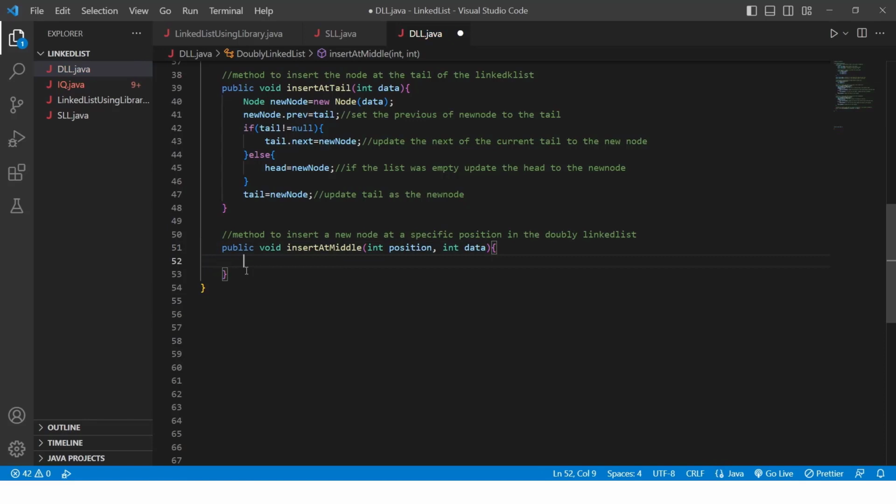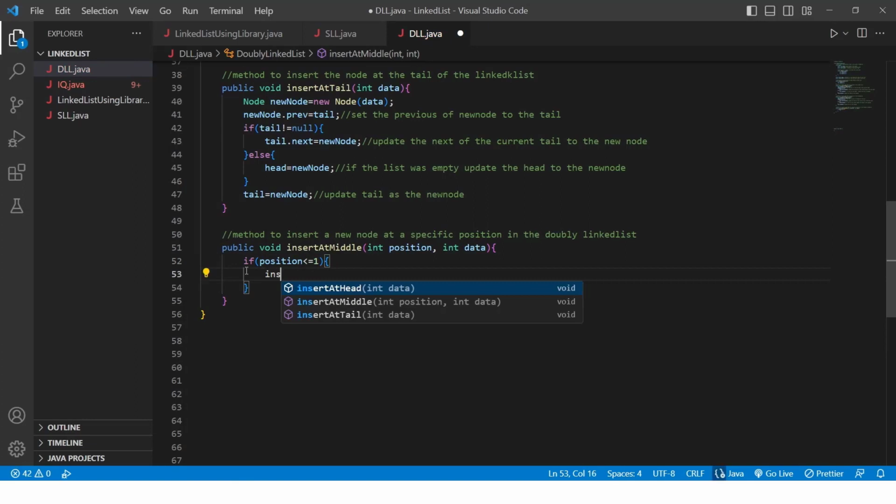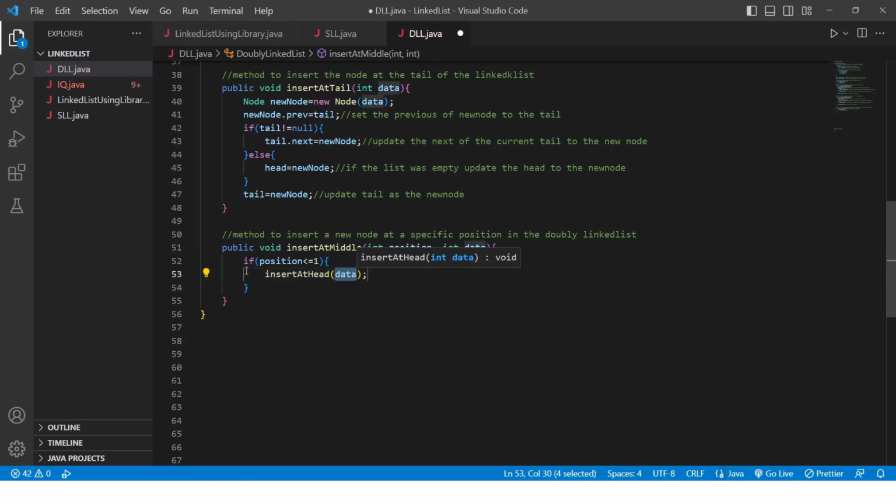Now what I have to do is I have to check if the position is one, that is insertion at the head, and if the position is at the last position, that is insert at the tail. So we have written all those two functions above, right? So what I can do is if position is less than or equal to 1, then here I have to write insert at head and the data we have to enter. So if the position is 1 or less,